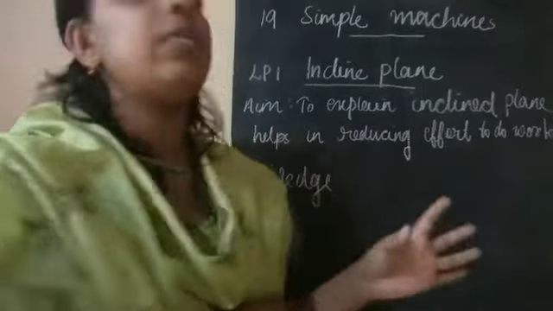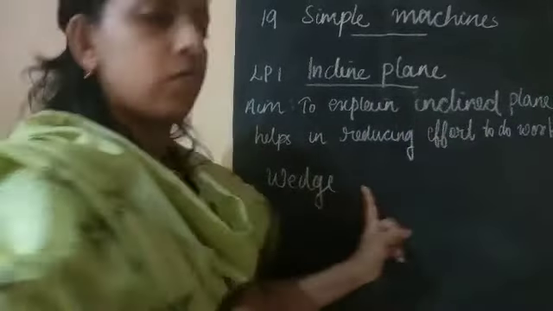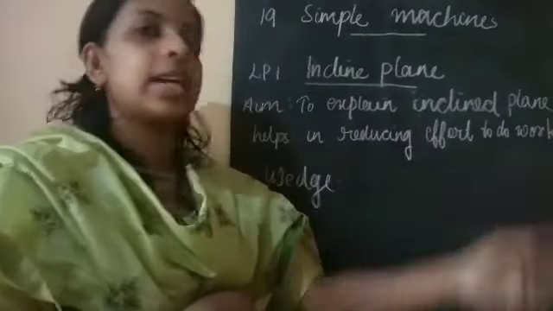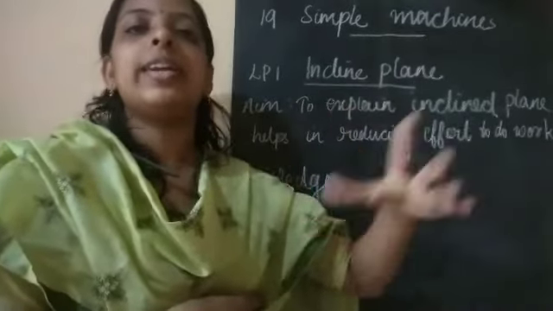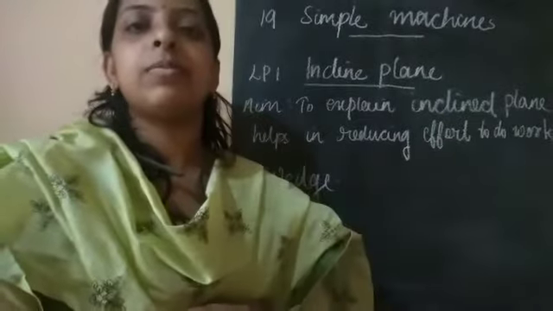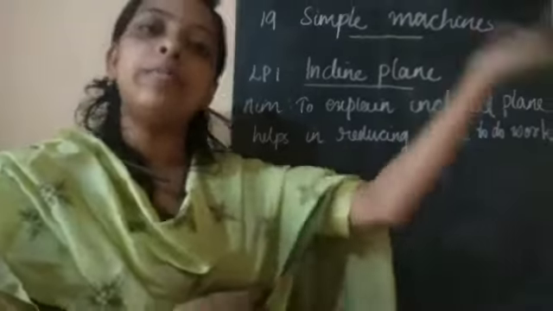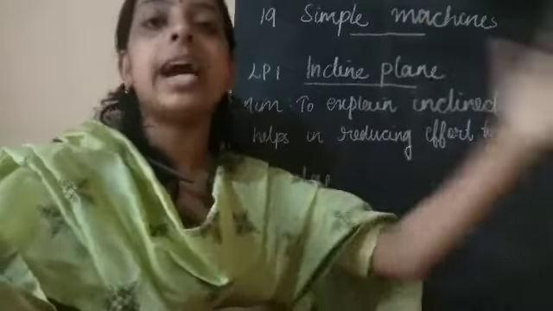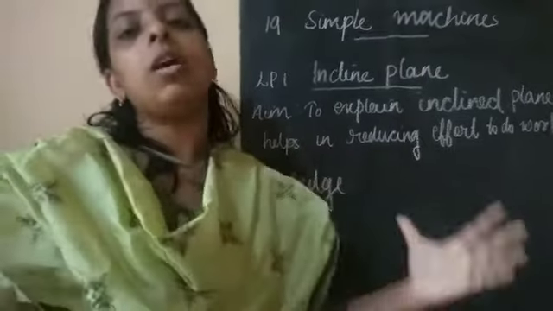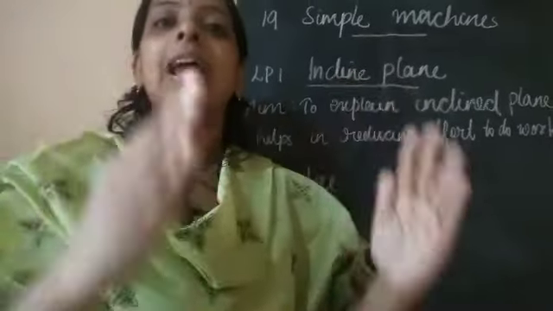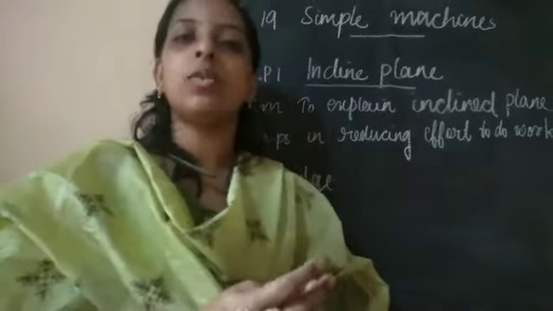In this first lesson we learned about two simple machines, that are inclined plane and wedge. Inclined plane means it is a slanted surface and it helps us to lift heavy loads from down to up, or carry a heavy load down from a certain height. Okay, so that's all about inclined plane, and a wedge is the combination of two inclined planes. Okay, now we can discuss our worksheet.